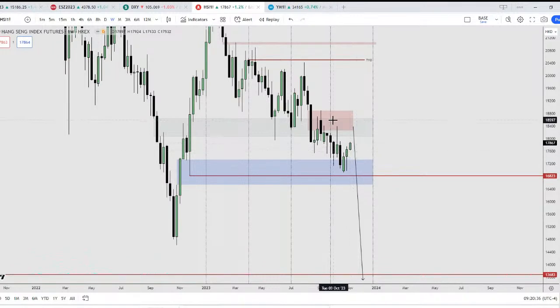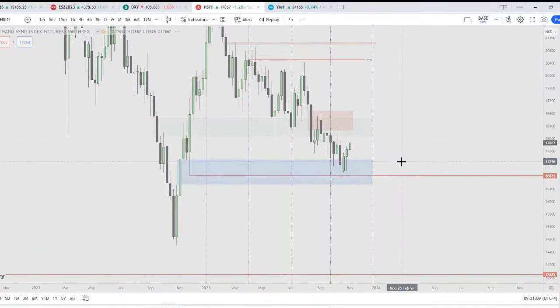Okay, until we can trade above this level here, which means any candle closing prices above this high, which would come in right around 18,893, then I would remove my bearish bias on HSI, right? For me, these lows are a little bit too clean, right? And I'm thinking that it's going to be revisited later.